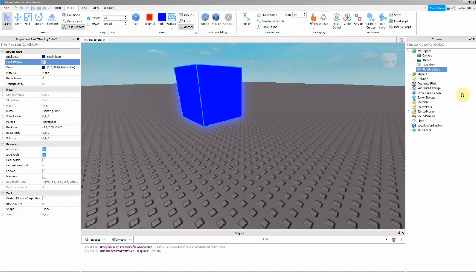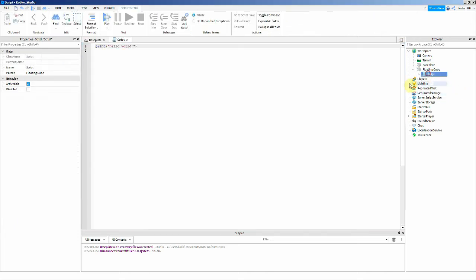This type of script can be useful if you have a screen GUI, which is a button at the corner of your screen or something, and say that it opened up a shop, then you'd want to use a local script, because if you use the server script, then every single player would see the shop open if you clicked on open shop. So for now we're just going to use a server script, and inside the script there